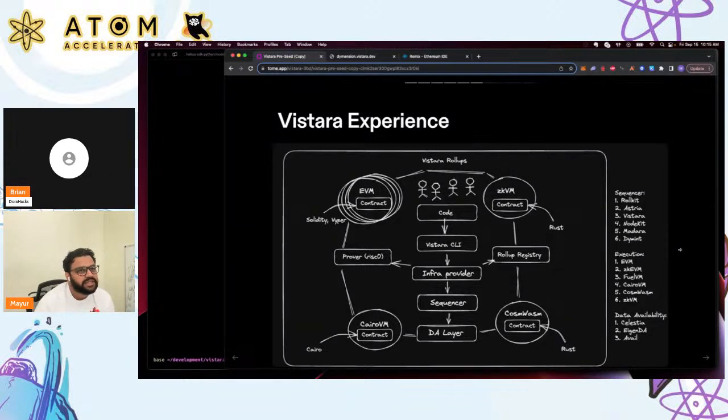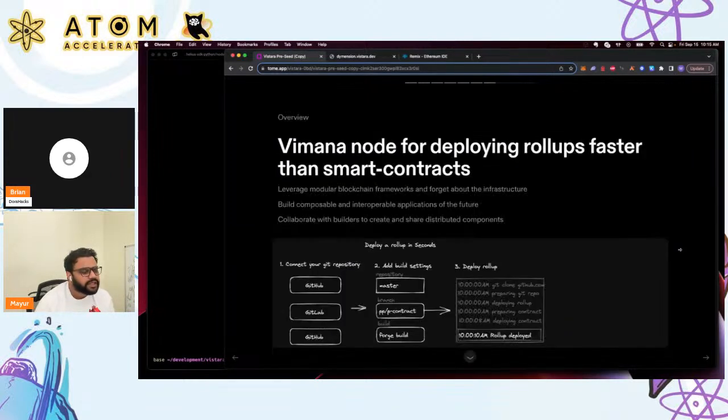I'll jump into the demo in a second, but there is also another experience that we want to provide, which is we want to make deploying rollups faster than deploying smart contracts. You may have heard that many times, but we actually make it possible. We want to create a way where all you have to do is focus on creating your app-specific chain code or modular blockchain state transition function, for a particular virtual machine, and then you connect your GitHub repo, push your code to GitHub.